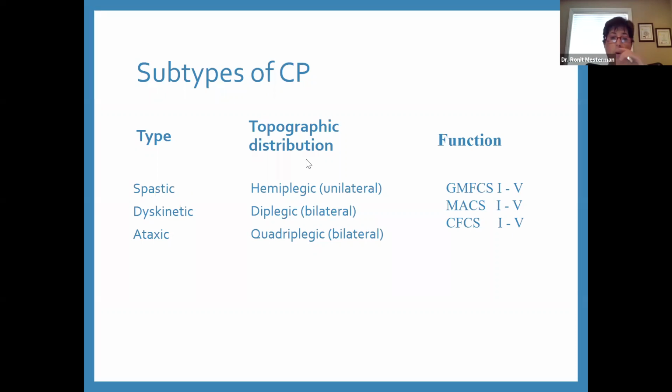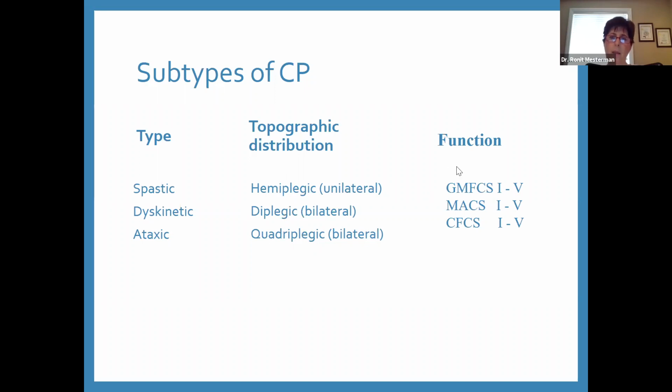We have a topographic distribution differentiating between hemiplegic, diplegic, and quadriplegic. The reason I put unilateral and bilateral in brackets is that there is a difference in expression: the European group goes more by unilateral and bilateral, versus the North Americans, who are still holding on to the more traditional